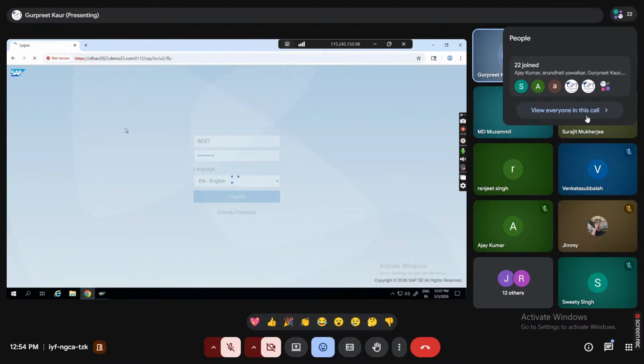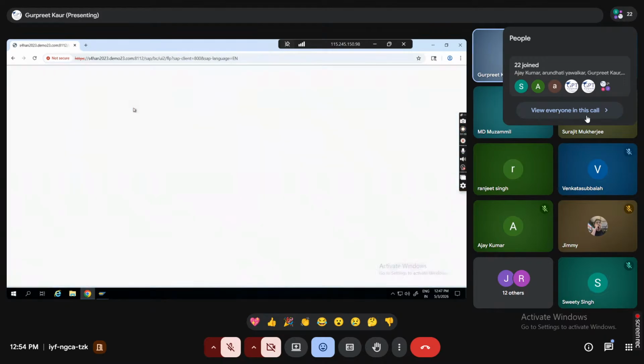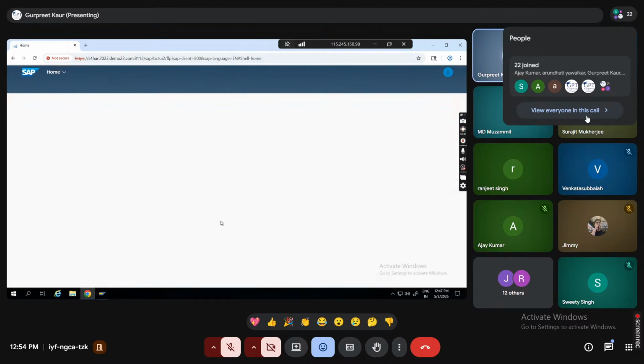So this GUI can be accessed on a web page. This is the Fiori Launchpad, and this is going to be the Fiori homepage where we can see the overall Fiori apps which are available.